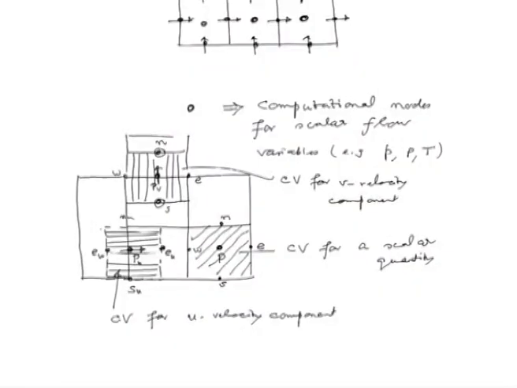So, what we clearly see here is that the computational nodes for each velocity component are at different locations. In finite volume formulation, we will have to use separate finite volumes for a scalar variable and each of the velocity components. So, that would introduce lots of bookkeeping that will make our algorithmic part of programming a bit complicated. But there is a tremendous advantage which we can see if you look at the first figure which you have drawn here,